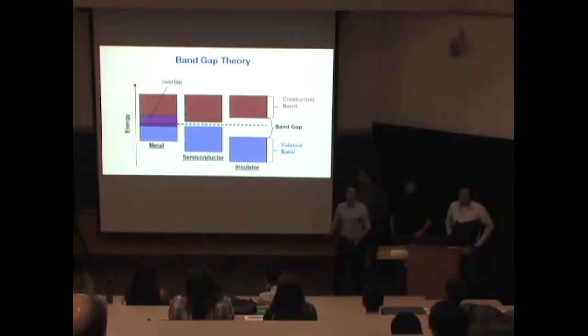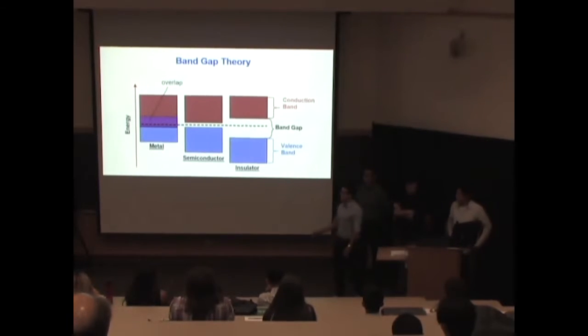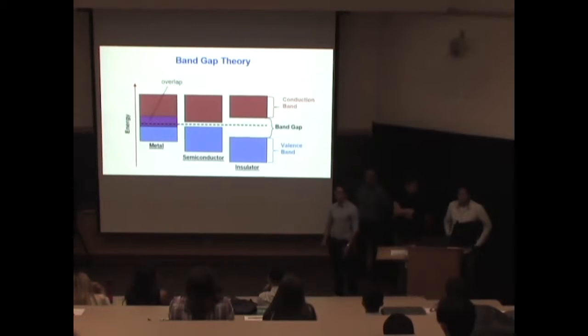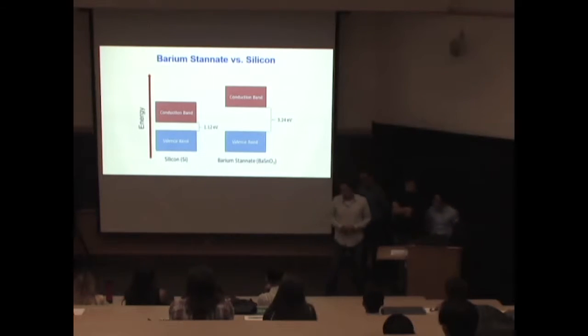The energy required for current to flow is referred to as band gap. Metal has no band gap, which allows current to flow freely, while an insulator has a huge band gap, which offers large resistance. Semiconductors fall between a conductor and an insulator, with a medium-sized band gap. And semiconductors are special because we can control the way current passes through them, like a switch. And barium stannate is a wide band gap semiconductor with high electron conductivity.